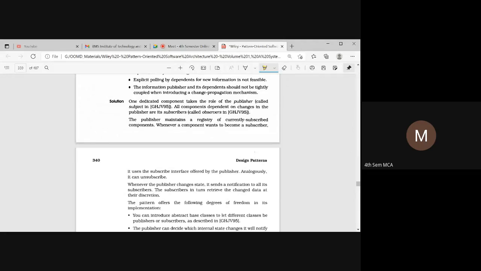So if any one of the components wants to become a subscriber, it has to fill all the information into the publisher interface. Once the subscriber fills all the information, that particular component will become a subscriber, and that component will be dependent on a publisher.